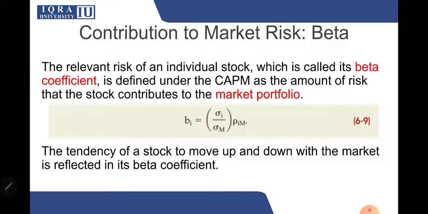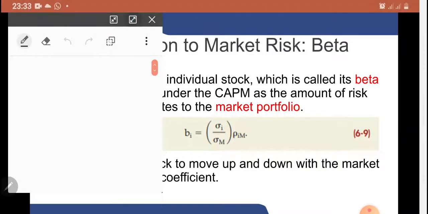So contribution to market risk, beta, that is our first topic. But before we begin with this topic, it is necessary for us to recap what we already know about risk and return. So first thing that we know is that if the risk of a particular stock is high, then the return of the particular stock will also be high. At least the expectation is that the return will be high, so that the investor is compensated for taking the higher amount of risk,